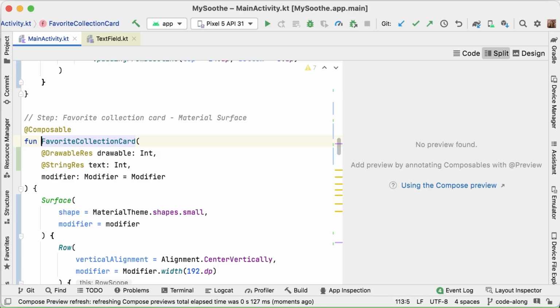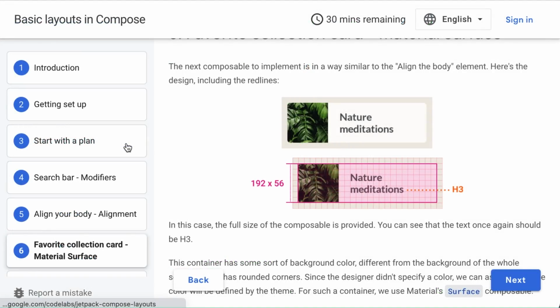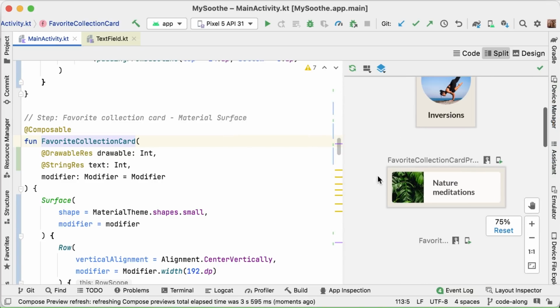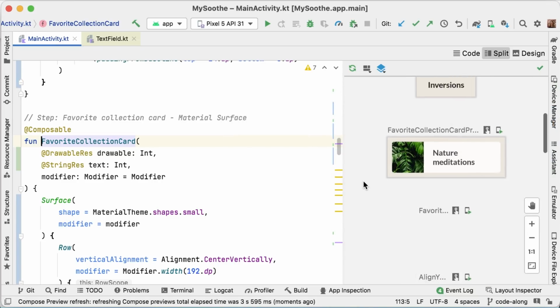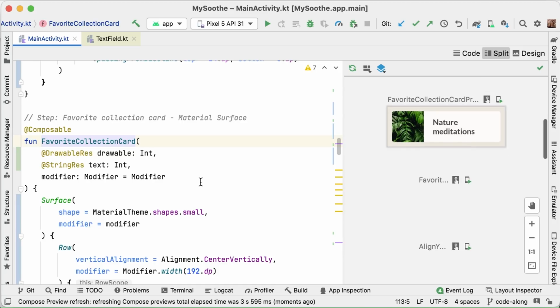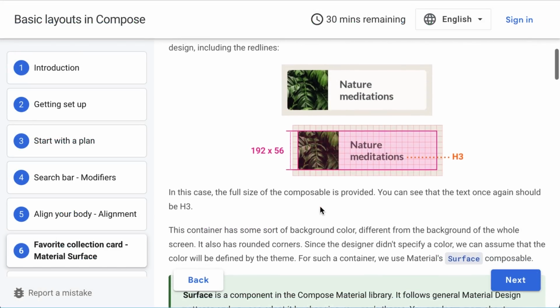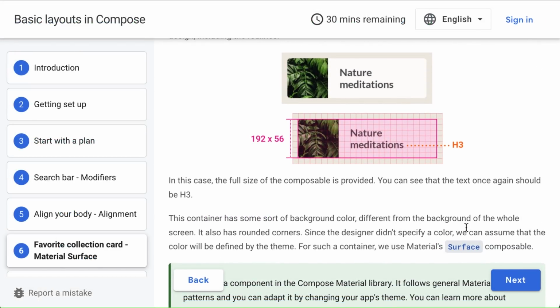So let's go back for a second to our code lab and take a look at our original design. So we had this card, which we implemented using a surface, which had some H3 text on it with some padding between the image and the text, and the image needed to be cut off correctly. And now if we look at our preview, we can see that that is actually what we're creating. This looks very close to our design. So I think that gives us the basic building blocks of our app. And with that, we should be able to continue to start combining those into a little bit more high-level components.